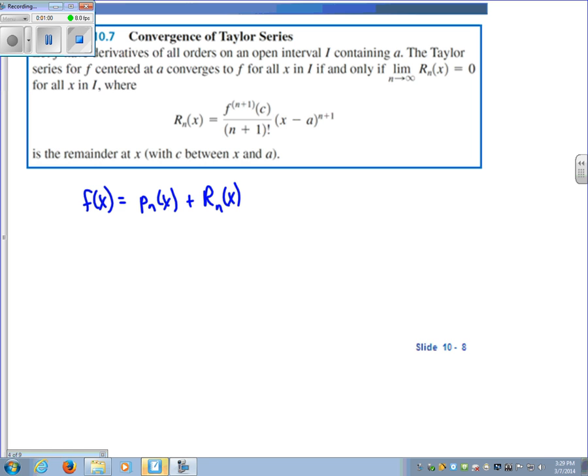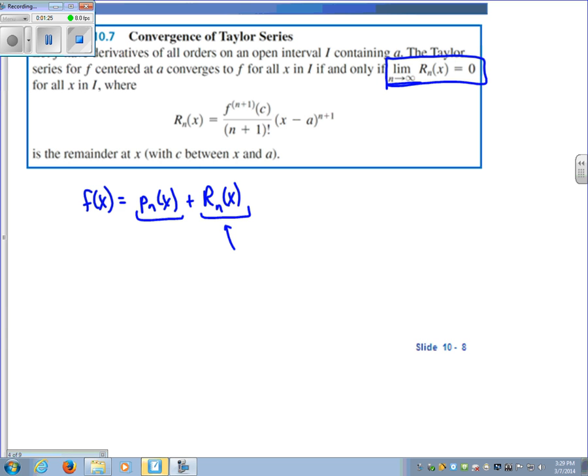So it's just going to be the function f minus that P sub n. So this was the remainder. Now, in order for a Taylor series to converge, this remainder needs to go to 0. So the limit of the remainder term must be 0